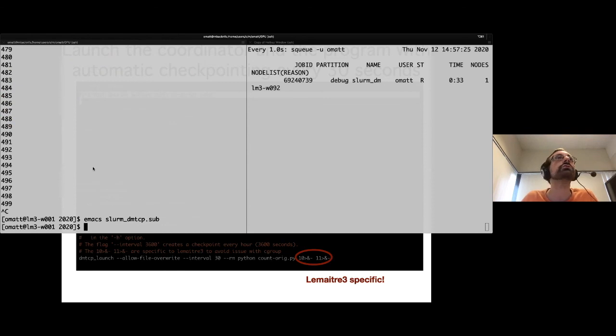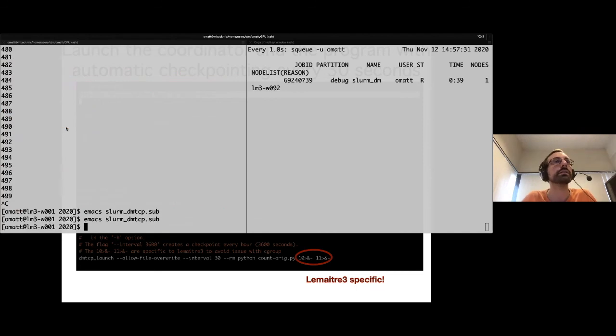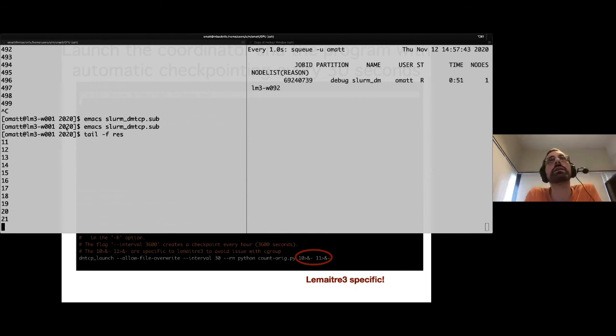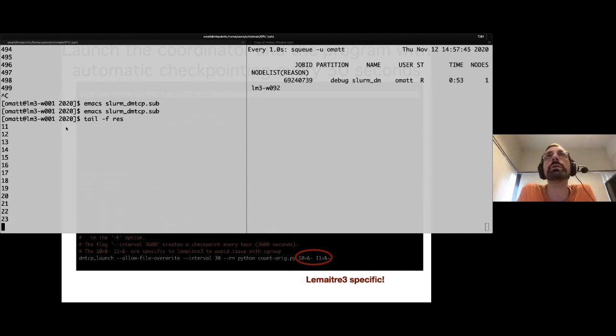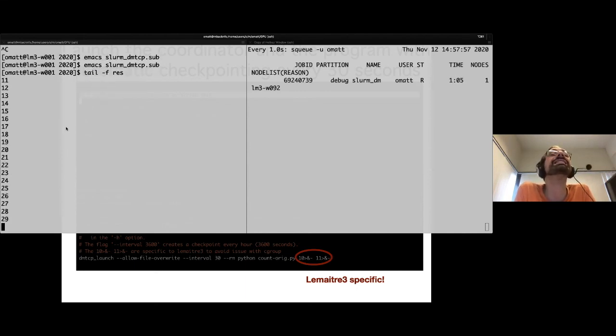Okay, and I need to check where I put the output. So the output is in the file called res. So I'm going to print what is inside the output, with tail -f on this file res, so that you see the output printed on the screen. And there is every second, of course, one new number. So what's going to happen, obviously, I put a wall time again of 2 or 3 minutes. So obviously, I'm going to eat that wall time. My job is going to be killed. And then I will need to restart my job. So I'm going to wait for that.